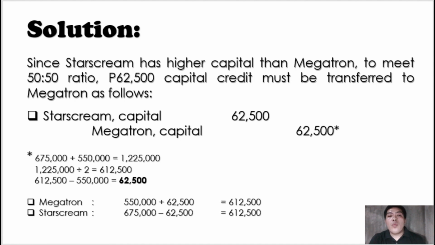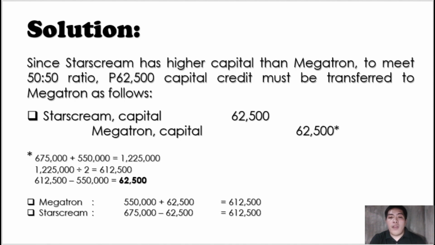Ngayon, to arrive with equal footing ng kanilang capital, kailangan kunin natin yung difference ng capital ni Megatron na 550,000 doon sa pinaka-agreed capital ratio. This time, we have 612,500. Minus doon sa 550,000, we can arrive at the 62,500. So, after the agreement, after accounting for the capital transfer, si Megatron madadagdagan ng 62,500 para mag-equal dun sa 612,500 na equal capital credit. Si Starscream naman, kailangan bawasan ng 62,500 to equalize dun sa agreed capital credit na